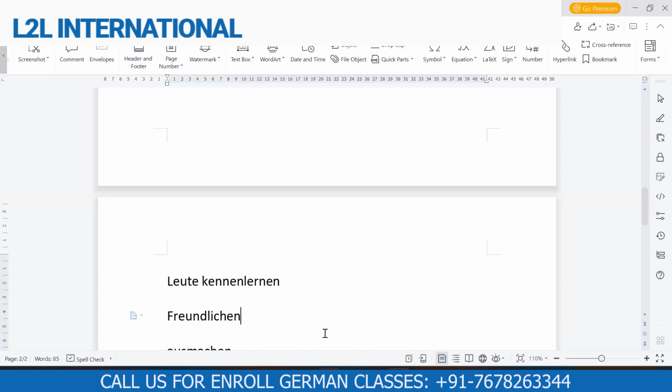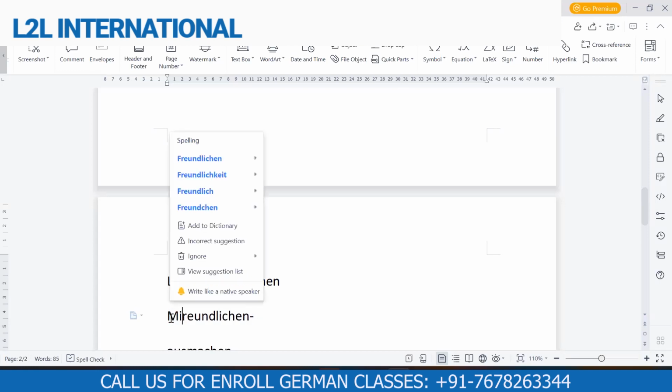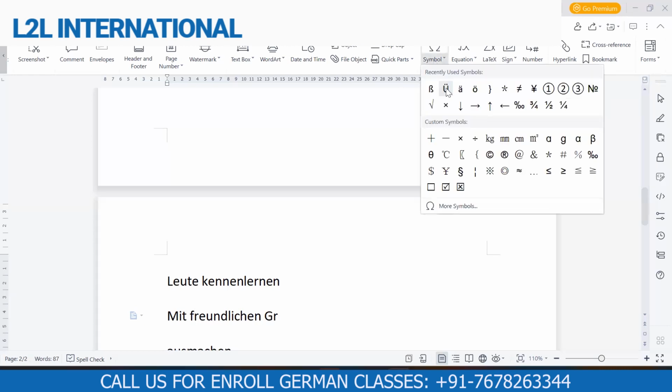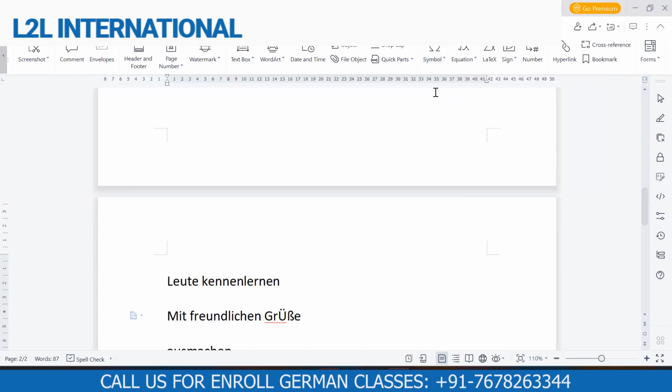Yes, ma'am. Okay, Freundlichen in German is nothing related to friend, right? This Freundlichen is only and only used in the same thing, that is Mit Freundlichen Grüßen. So nobody can take the word single, like Freundlichen means friendly. It's not that. Mit Freundlichen Grüßen is a phrase in German which directly means yours truly, yours respectfully, and this is very, very formal. This is a formal way of ending a formal letter,